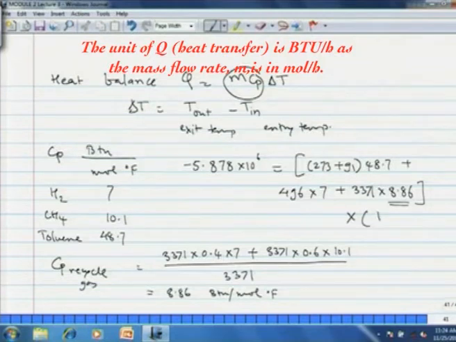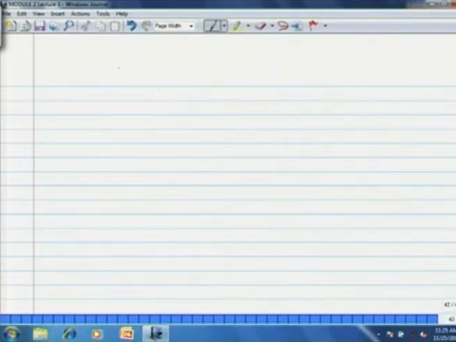Now, into this is the m Cp thing, and dT is T in minus T out. Now, we are writing the reverse of delta T that was written here, because we have taken the heat as negative. Okay. If we take absolute heat, then this becomes delta T as written, T out minus T in, and now we can very easily calculate the exit temperature as 1265 degrees Fahrenheit. That means, if we operate the reactor adiabatically, the maximum temperature reached in the reactor is 1265 degrees Fahrenheit.